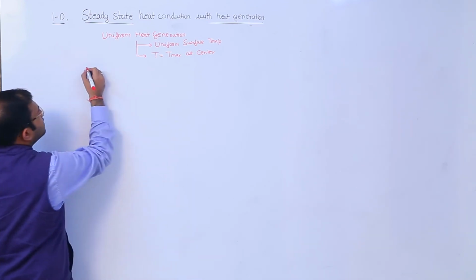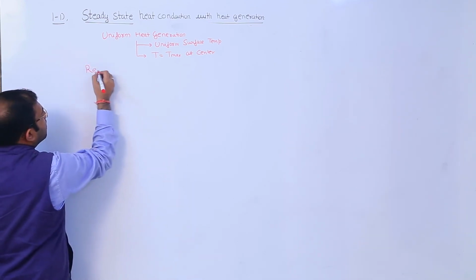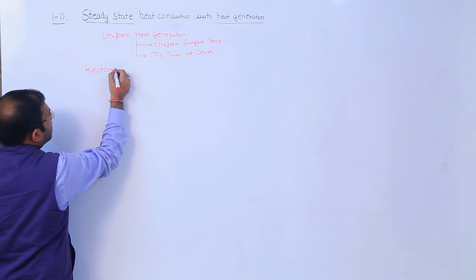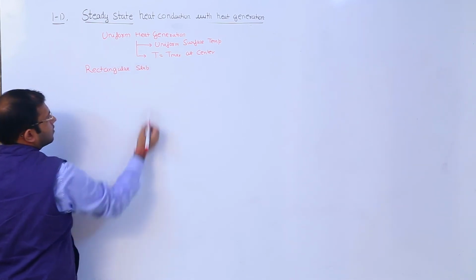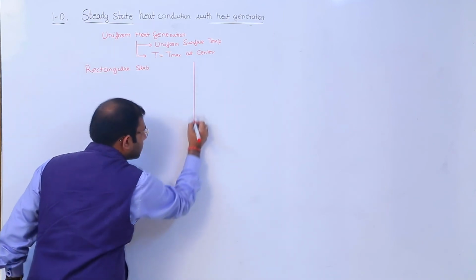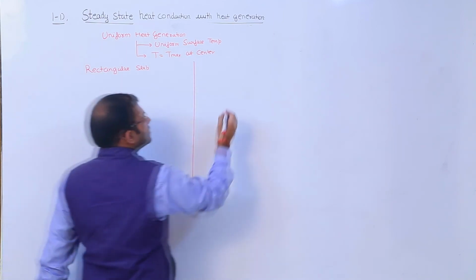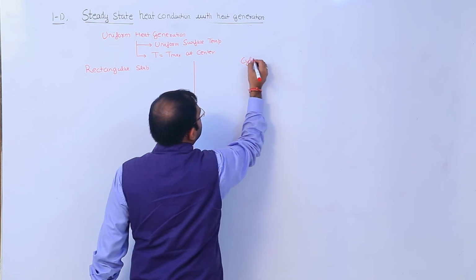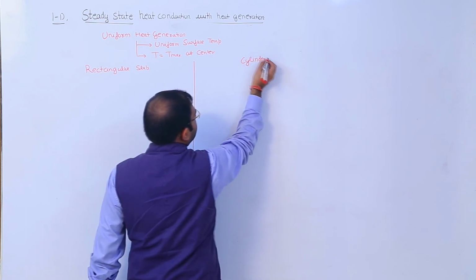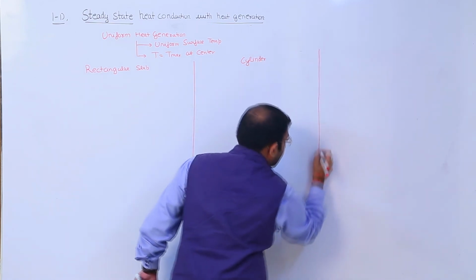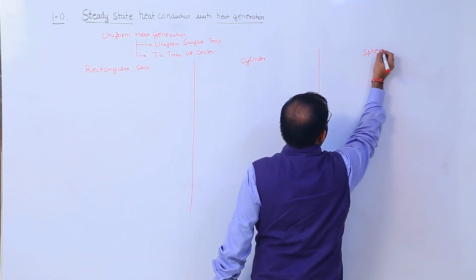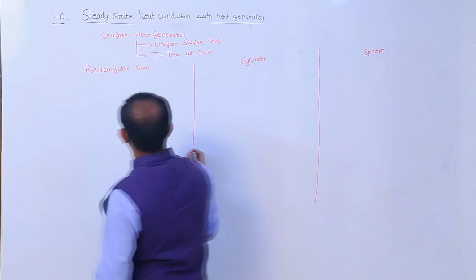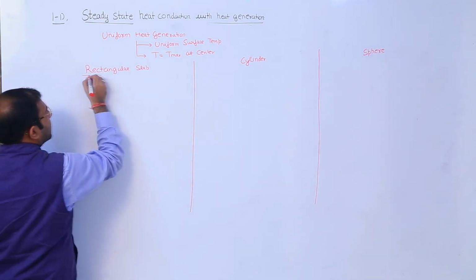Now the first case was that of rectangular slab, fine. The second case was that of cylinder, and the third case was that of sphere, fine. In case of rectangular slab,